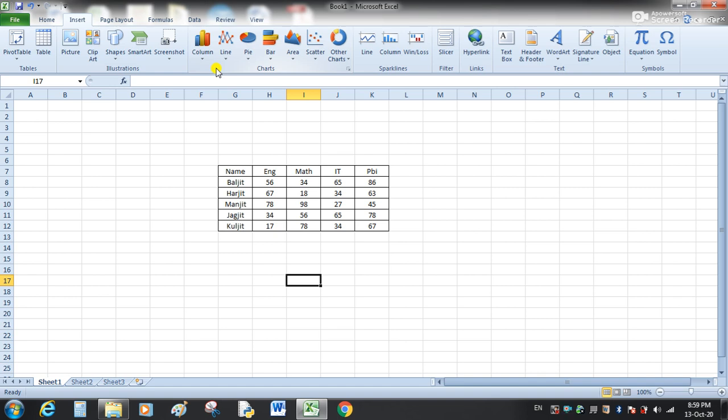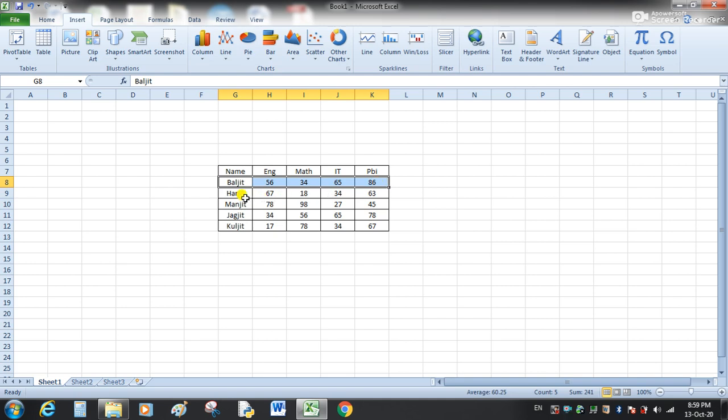Here I have created a table in which I have written the names of the students and their marks in different subjects. For example, this record is Baljit, where I have written the marks of English, Mathematics, IT and Punjabi.